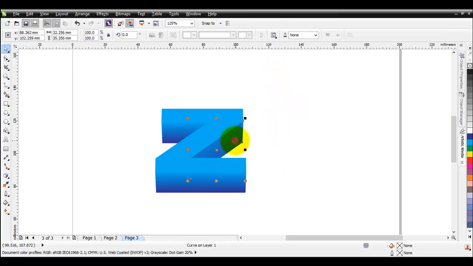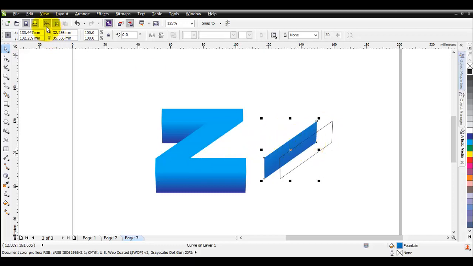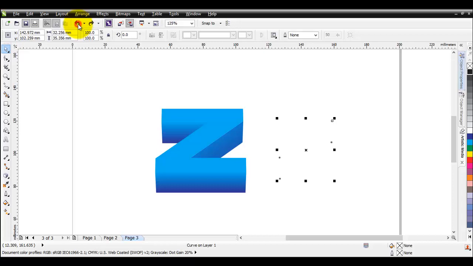ungroup it. Now what we have done is this letter Z, or any other letter or object, is made up of smaller objects. So we can see here that we have 1, 2, 3, 4 different objects, and we can just move them apart. This is the outline of this object here, and because it has no color it cannot be seen, but if I apply any color to it we can see it, and actually we'll just apply the outline. So this is basically the outline of this object here, as we can see. So this belongs to that, so I'll just move it back,